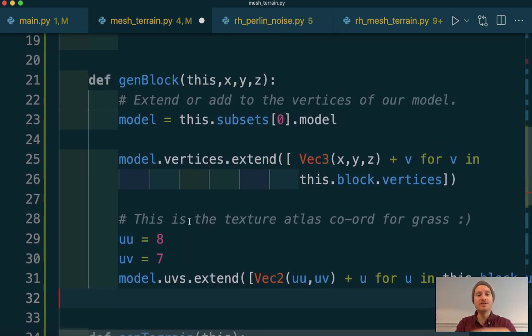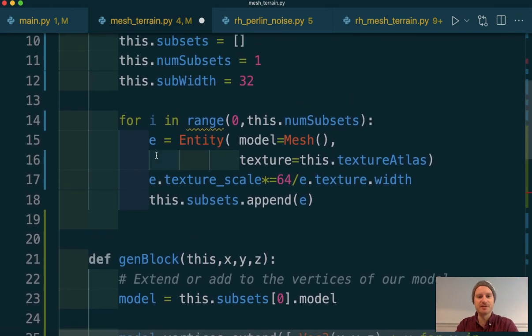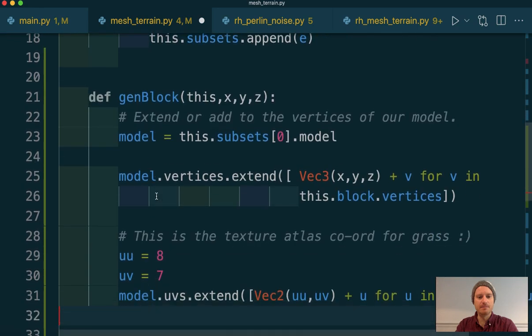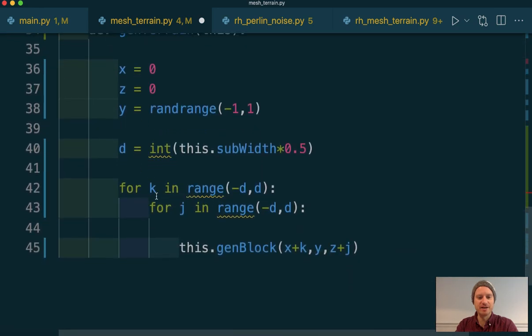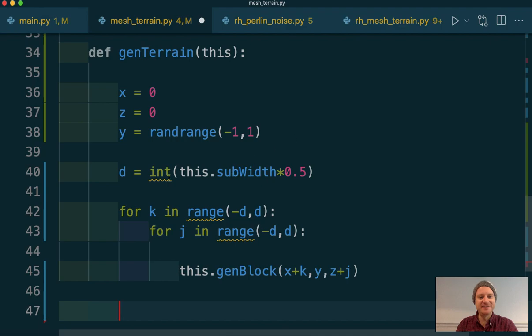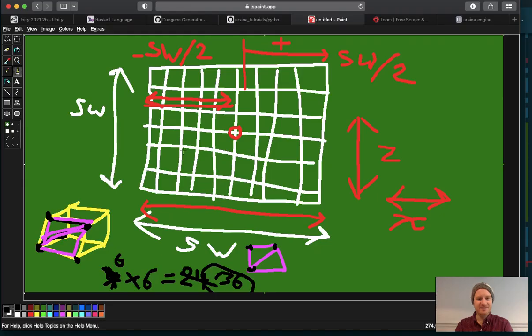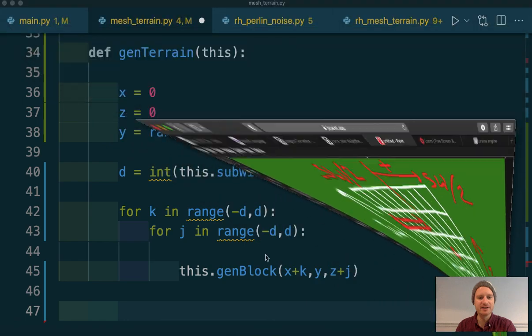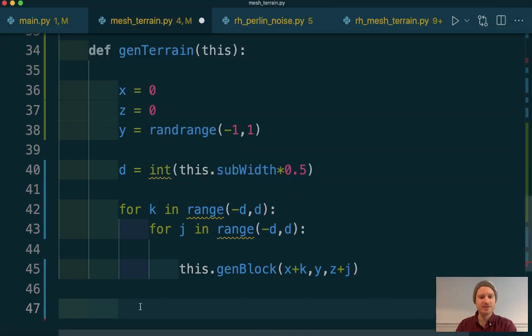We need to do that once we've sorted out the shape of all of the blocks, then we can update it, and we only have to update it once. So let's just do that. We should do that and generate the terrain. So after we've finished all of these, then, this is again in the subwidth where we're using our two loops to go across and then up and down, across the X and forward and back in Z. So once we've done all that, then we can say